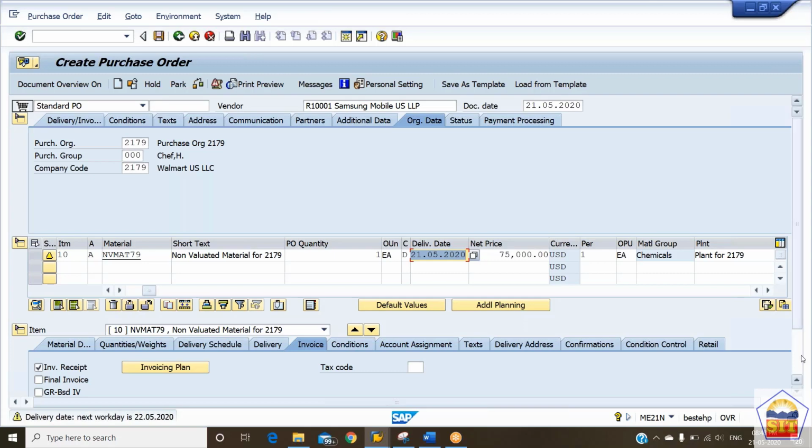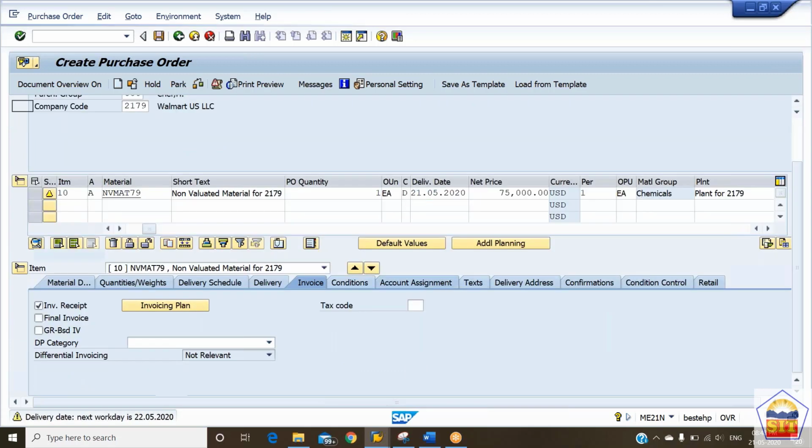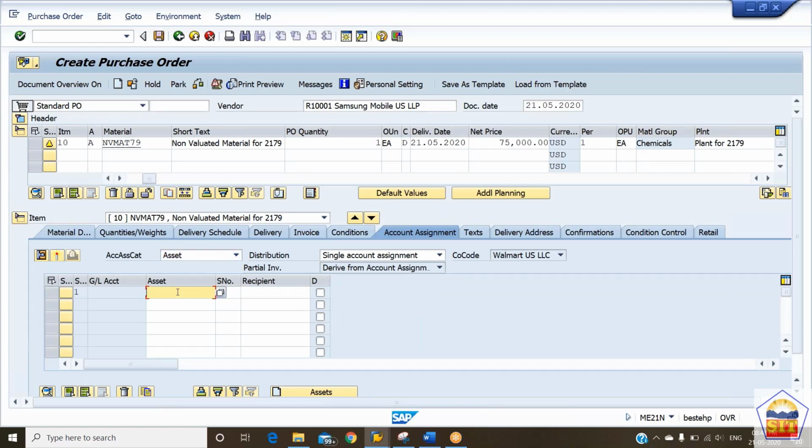Now you go to the account assignment tab. Here you have the field where you need to mention which asset you want to acquire. I want to acquire asset number 301, and then press enter.